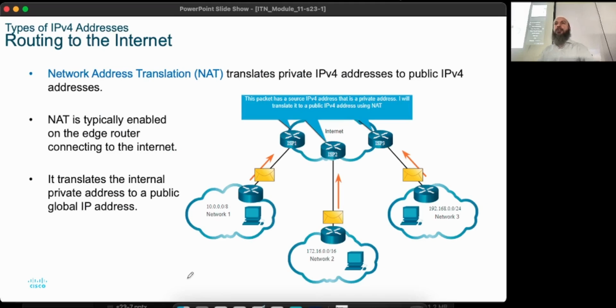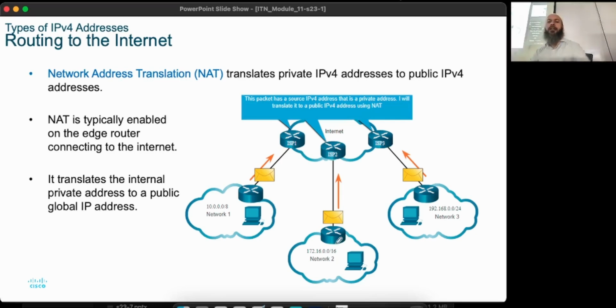Okay. So if you're going to have a private address which is unable to communicate with the rest of the internet, but you want to communicate sometimes, you don't want to always communicate, but sometimes you do. For example, when you open the browser, you want to communicate. So what do you do? This looks like a complicated diagram.